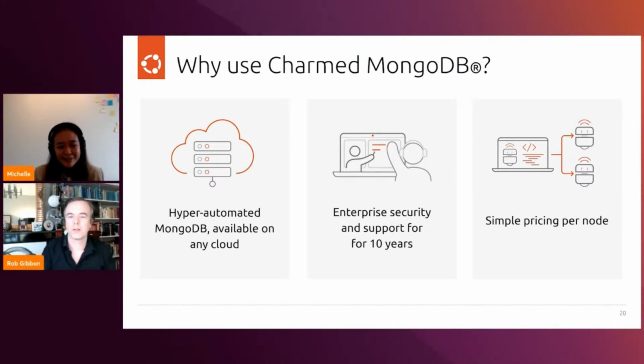Yeah, it means you can kind of set and forget. You can set it up and you can be assured that it can be operating for 10 years, which is great. Yes, definitely. And one thing that adds to the value that we are giving with Charmed MongoDB is what